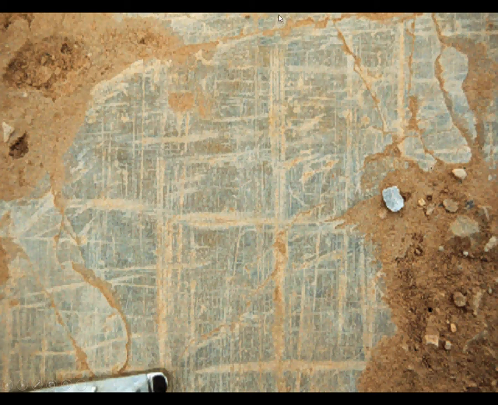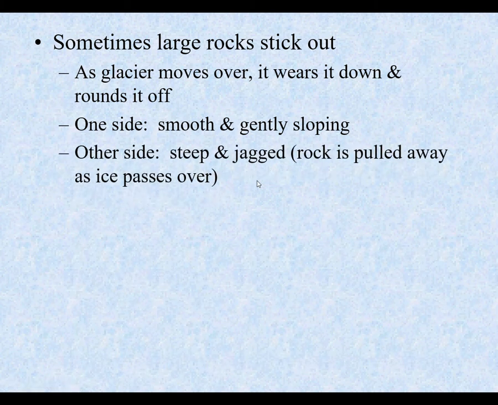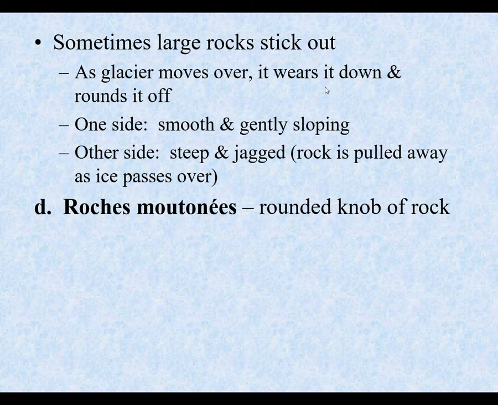And so what happened, there was a rock in the bottom of the glacier, and the lines are all moving straight up and down in this picture. There's a couple of side marks. I think that was one they had scraped the limestone down, but up and down, you can see that this is actually moving from this direction to this direction. And what we know is that's the northeast to the southwest, because that was the direction of flow of the glacial ice. Every once in a while, though, we see big rocks that stick out, and basically what has happened is